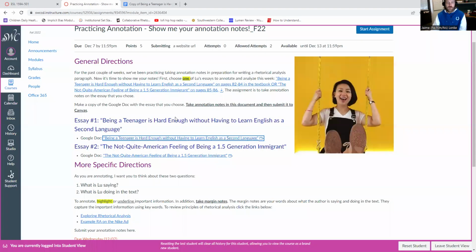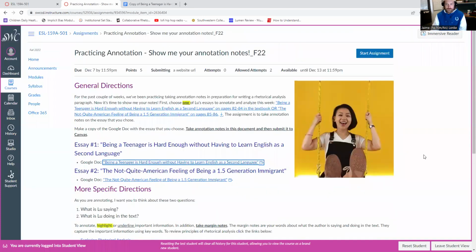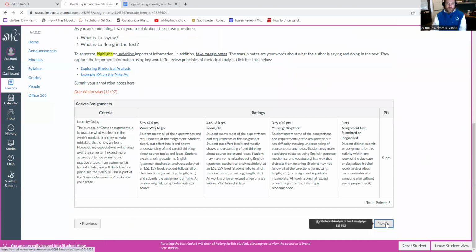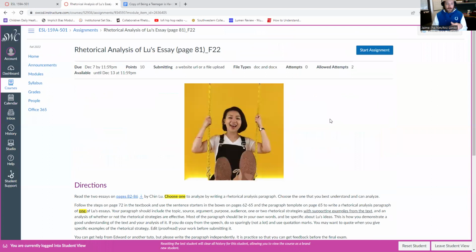Okay, so you'll pick one of these and annotate it, and then turn in your Google link to me so I can review it. Okay, then using that same article, so either the first one or the second one, you're going to write a